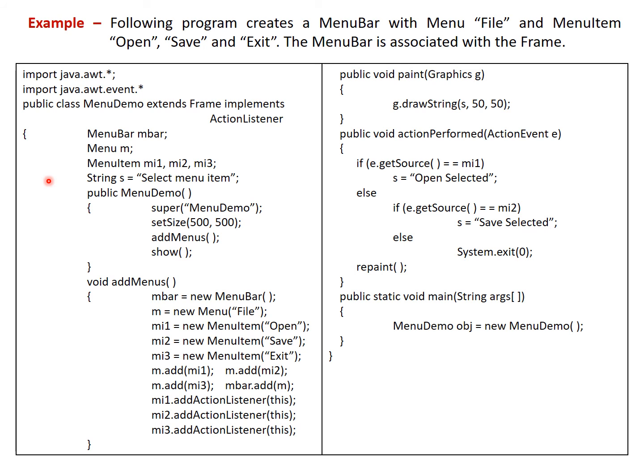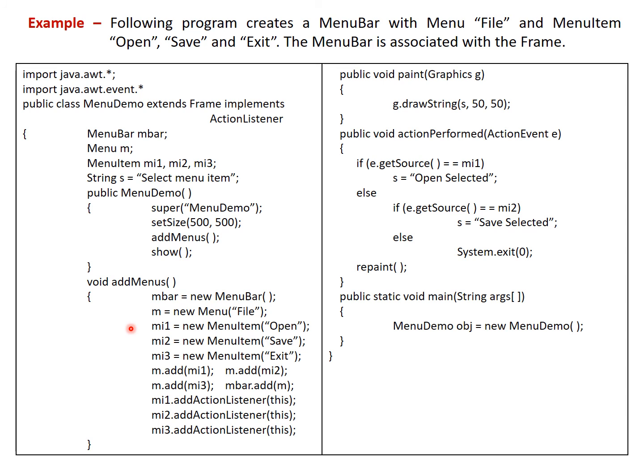Then there is a constructor MenuDemo. In this constructor, we will call the constructor of the superclass, that is the constructor of the Frame. Then we'll set the size of the frame. After this, to the frame we add the menu, and at the end we'll display that menu. In the constructor, in addMenus, first we'll create the instance of the MenuBar, then we'll create the instance of the Menu, and after this we'll create the instance of MenuItem, that is 3 instances of